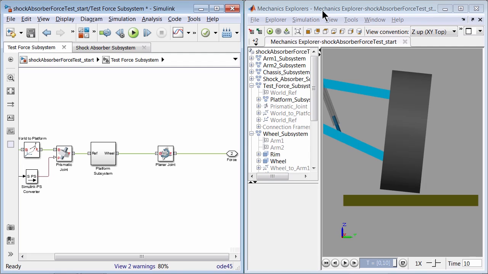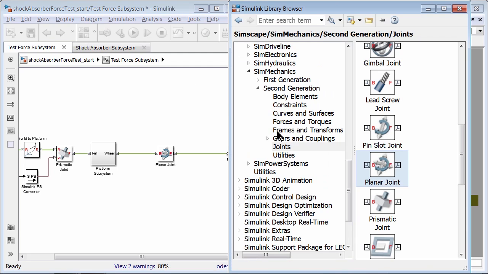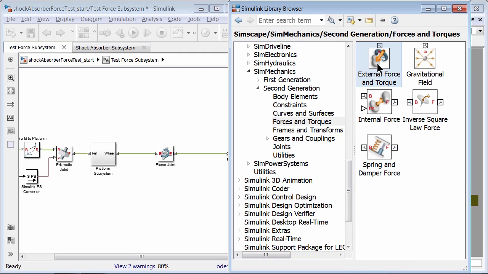This is why the force relationship between the platform and the tire is not easy to capture using joint blocks. To exert force on any frame regardless of joint blocks, we will use the external force and torque block. Go to the Simulink library browser and under Simscape Multibody, go to the Forces and Torques library to find the external force and torque block. Let's add this to our model